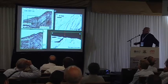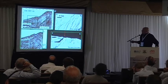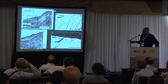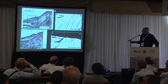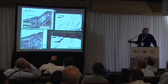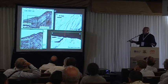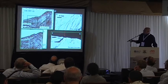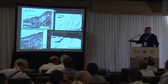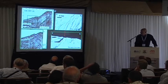In the seismic profile, we see that there are some step-like features on the surface, which are connected to faults that are going down to the Messinian evaporites. So this is again the expression of the growth fault, and it might be that this is a channel-like situation and not a step-like situation, because the slope here is shallower and there is less displacement of the clays and silts over